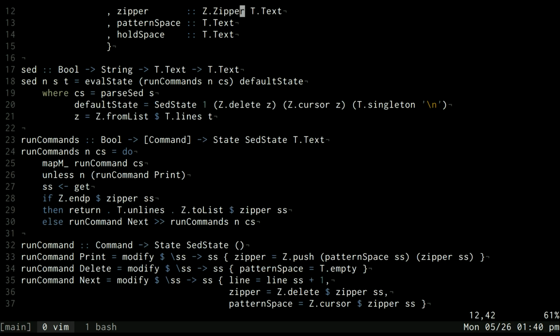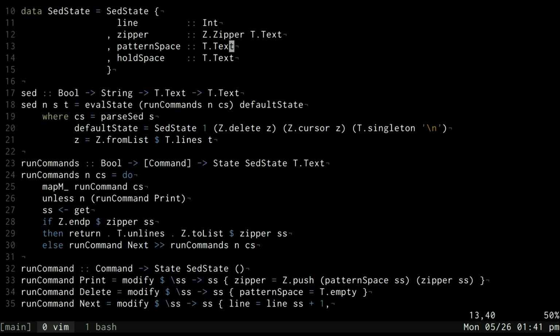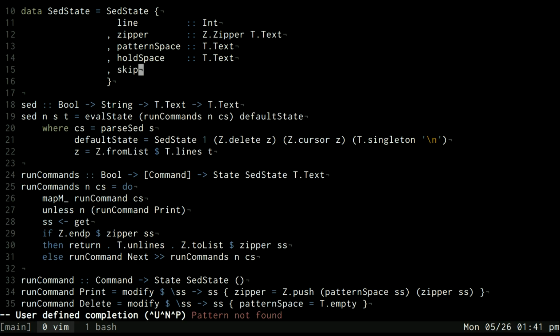So one way that I could suggest doing this is by adding a boolean to our state called skip, and we can just turn this on when there's a particular command that needs to skip the rest of them, and then we can turn it off at the end of each set of commands. So for now we'll put this as false here in our default state,